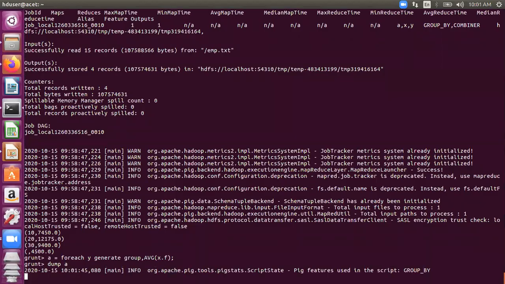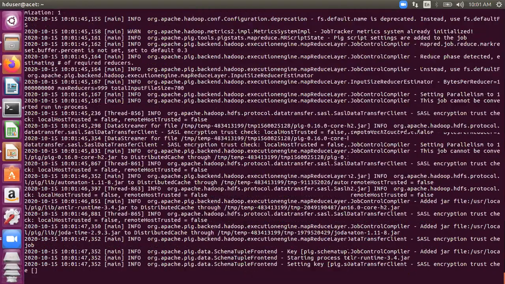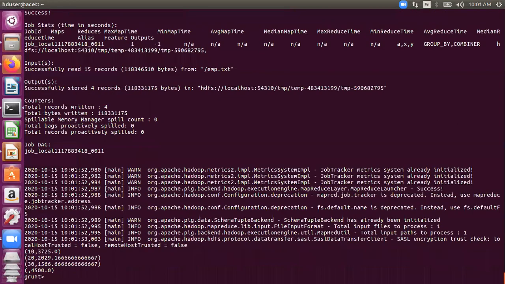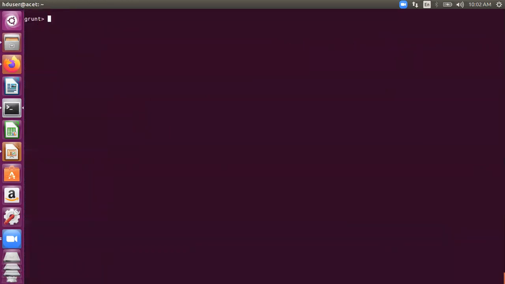Yes, sir, see the results of this term. Thank you, Ritika. In the result you can see the average salary department wise. It has calculated it by dividing by the number of employees. If there are null values in that column, those won't be counted while taking the average. So this was one thing about group by.